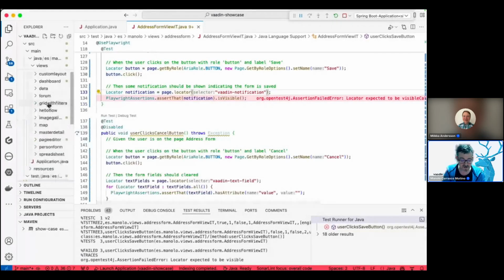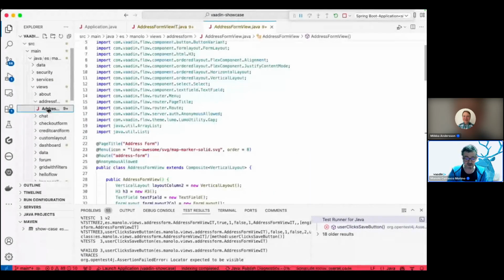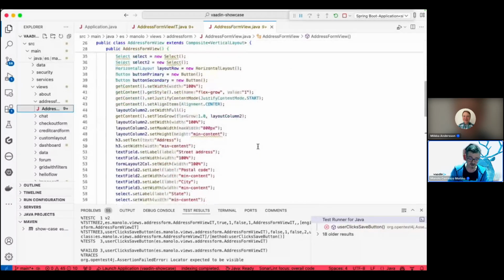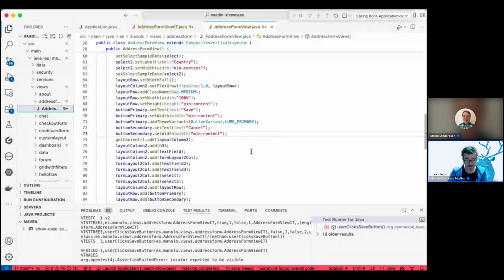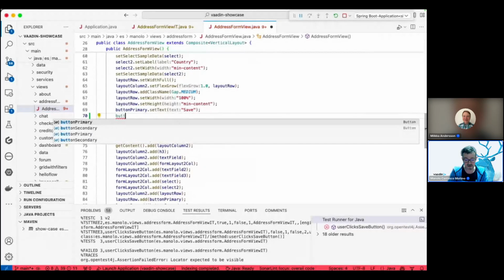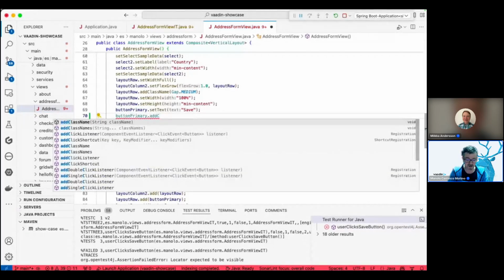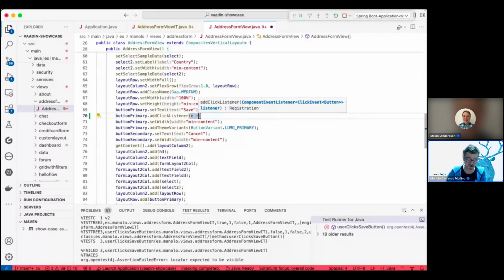Okay, because there is no notification. Well, this check of the notification is actually a hallucination from the AI. And yeah, you can see that it's a hallucination because you can see here that the save button doesn't have any action, and there is no mention of notification anywhere in our code. So it's something that the AI took from the internet. So it's normal that when you save in an application like Vaadin, you show a notification. So let's implement the method,